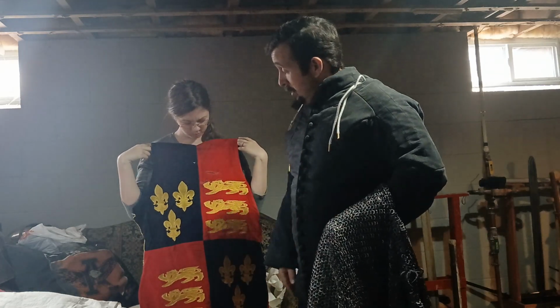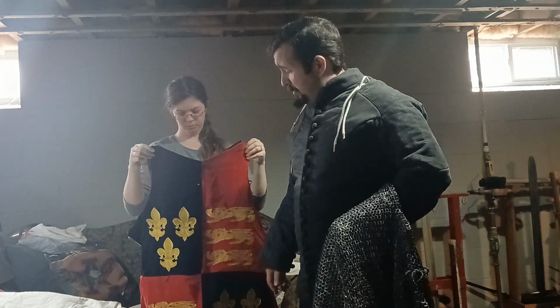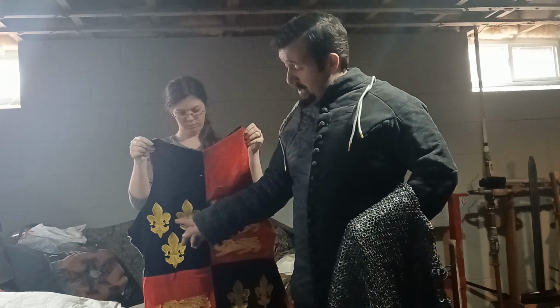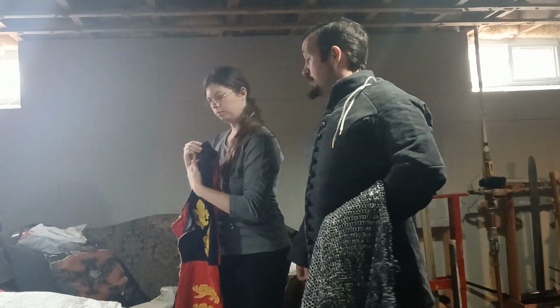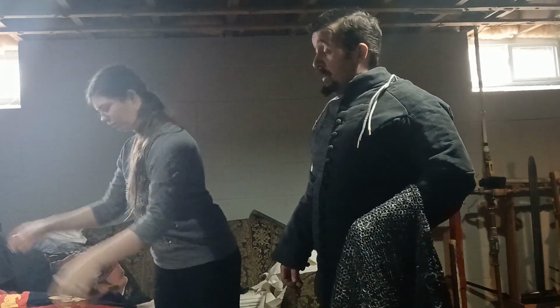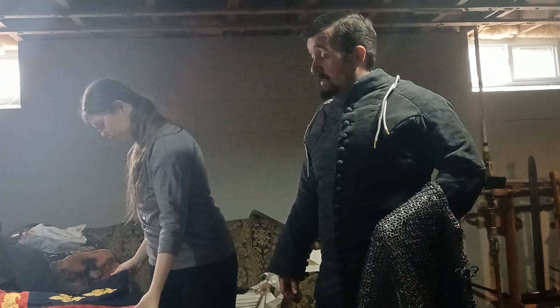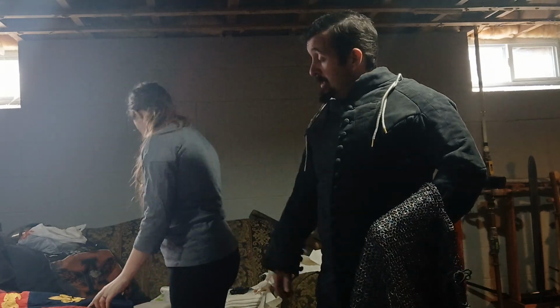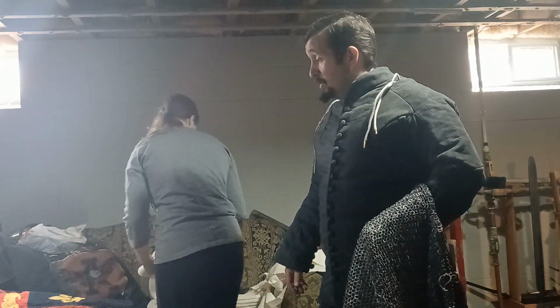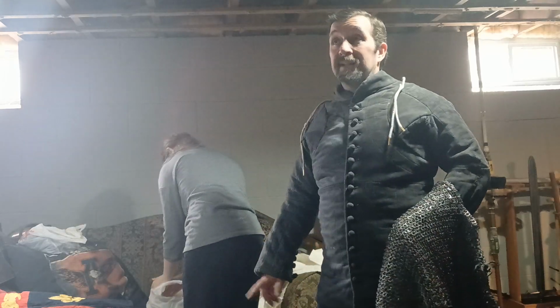It's pretty much a Henry V style. It's got the Plantagenet lions and the fleur-de-lis of France, and it's a nice English Hundred Years' War royal theme. It's velvet or faux velvet. I think it's faux velvet. I don't think it's real velvet, but it's one of the better ones I ever had. We're going to use that and a few others as the basis for the pattern,